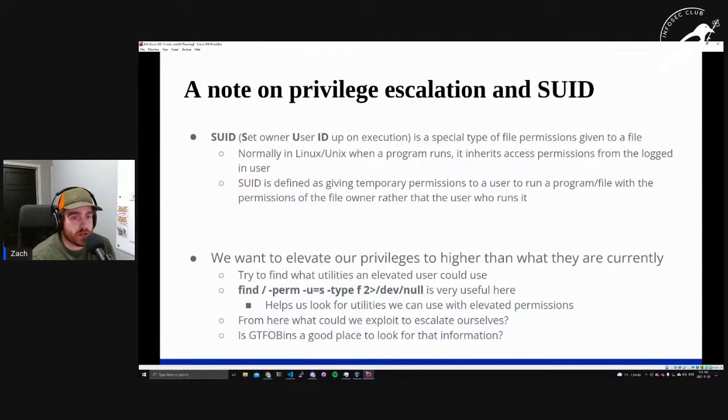So SUID is set owner user ID upon execution. It is a special type of file permission given to a file. Typically this is represented as a bit when you're talking about file permissions. Just like those read, write, execute permissions that we saw earlier, this is another one. Normally in Linux, when a program runs, it inherits access permissions from the logged in user. So whoever is running that file, regardless of who actually owns it, is going to use the access permissions of that user. However, if you give temporary permissions to a user using SUID,